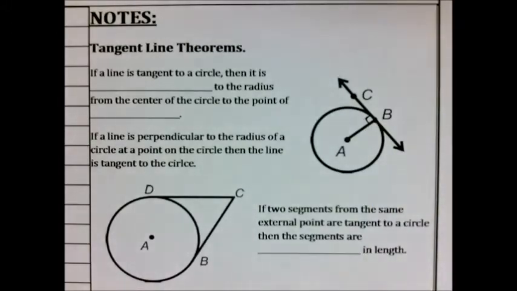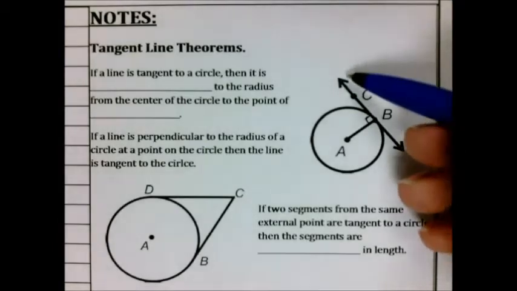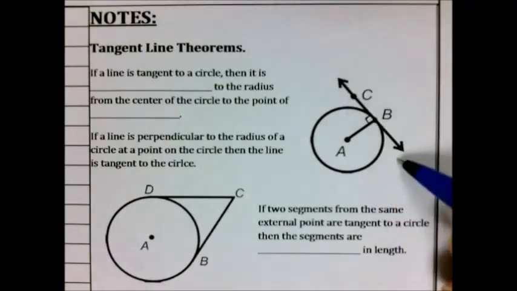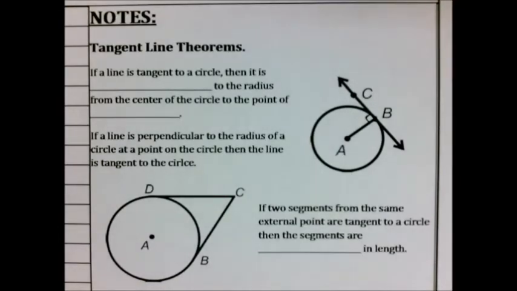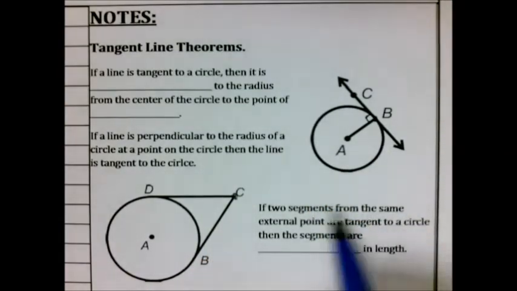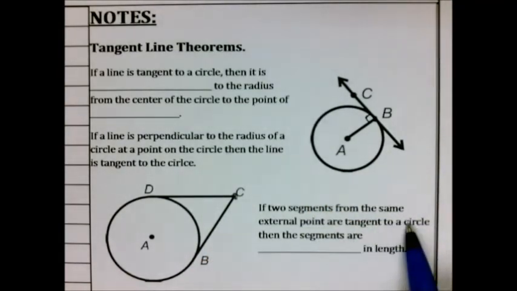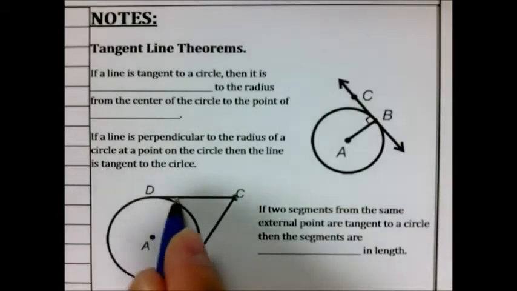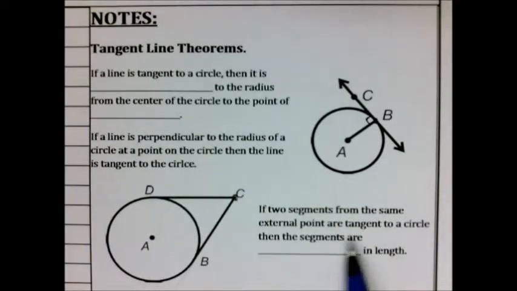So all that says is essentially that if this is tangent, then that's perpendicular. If this is perpendicular, then that's tangent. Okay, it's just kind of the opposites of each other. Now this last one, last theorem about tangent lines, is that if two segments from the same external point, okay, that's this point right here, C, if two segments from the same external point are tangent to a circle, okay, that means the same circle, so both lines come through here, and they are both tangent, then the segments are